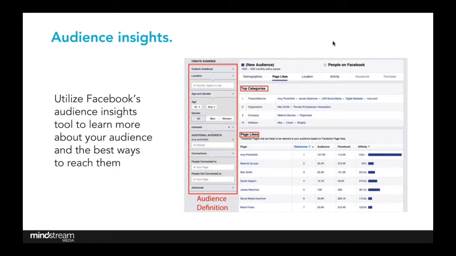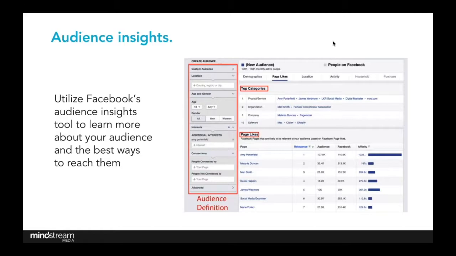So we can go in on the left side and maybe add in some things that we think define our audience, like age or locations, interests, behaviors. Maybe we want to use our followers or people that have converted with us in the past as our audience source. And on the right side, we can shuffle through things like demographics, what pages they like, where they're located,